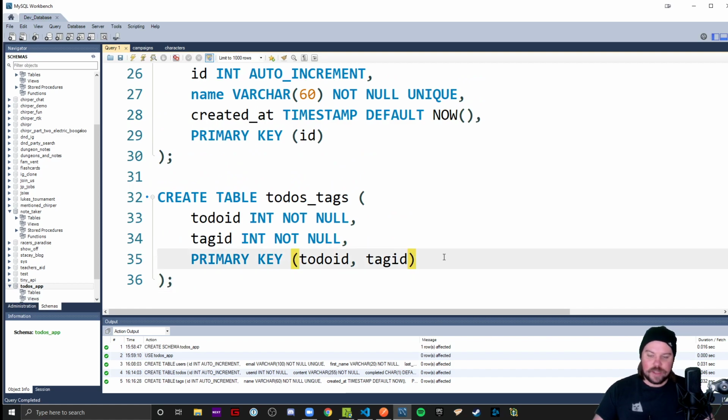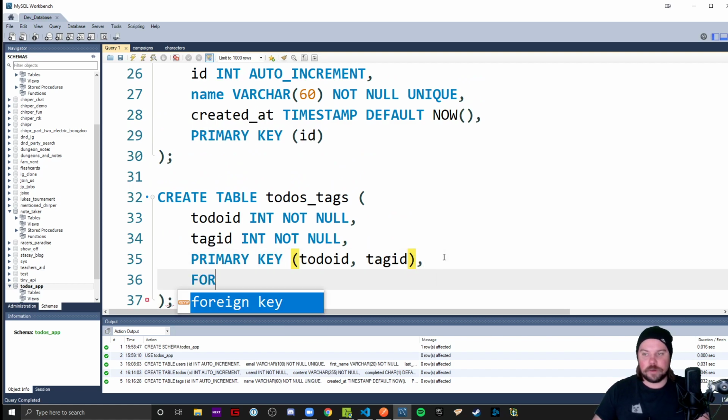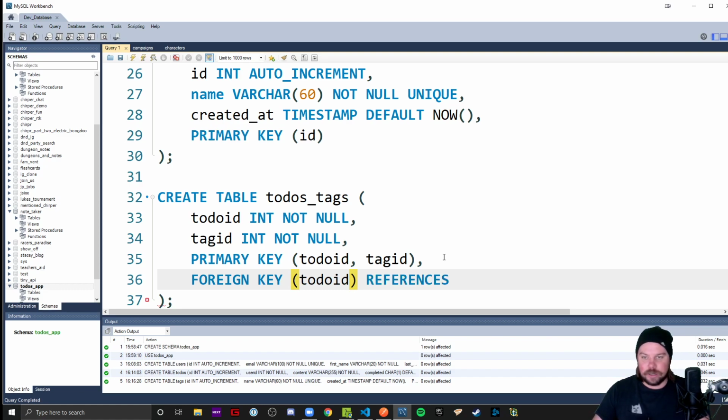Now, in case you want to join that information, this part isn't necessarily required, but it's nice to have, you can go ahead and foreign key both columns to their appropriate table. That way you can do a gigantic join statement to bring all that information in here. To-dos ID,